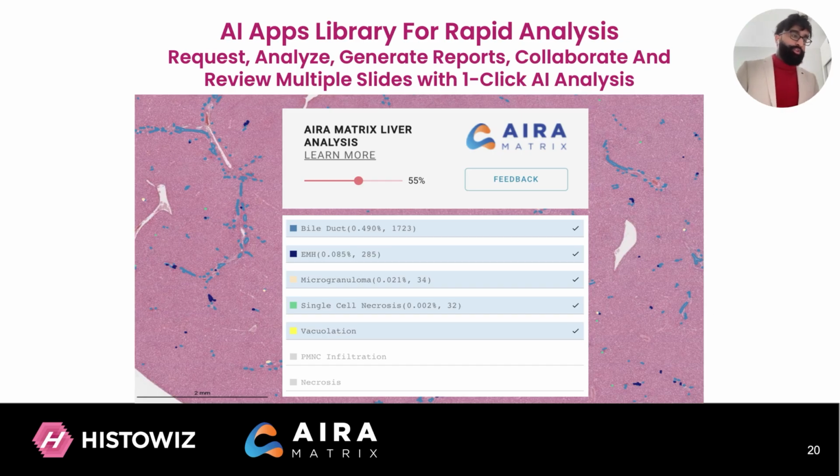Again, why? Because there might be a few pharma companies or biotechs who have their custom analysis workflows once they get the AI result. So we also make it possible to download the raw annotations, and this could be embedded into your analysis workflows for downstream processing.